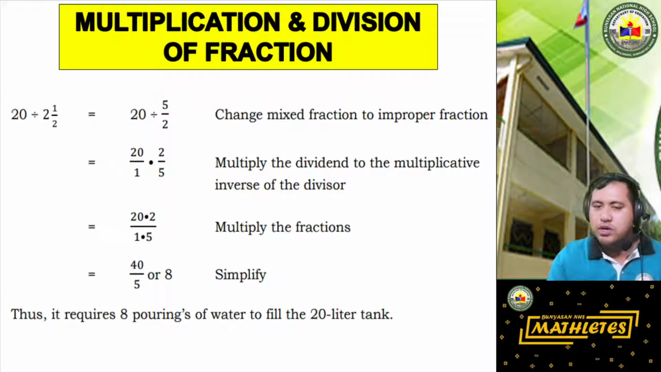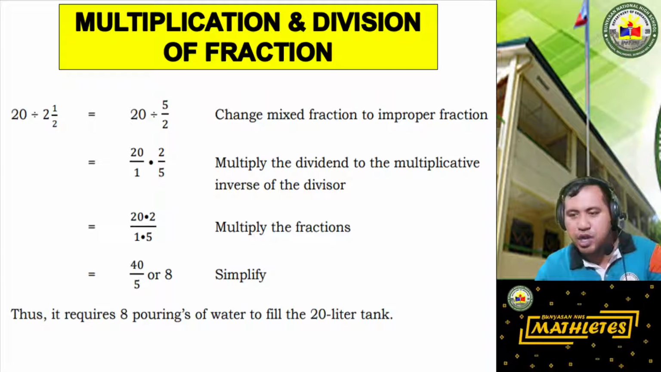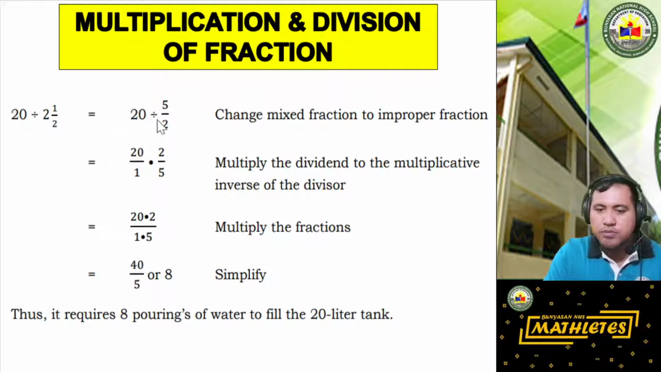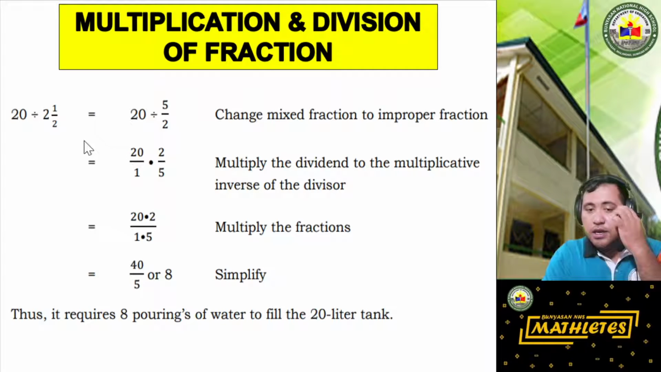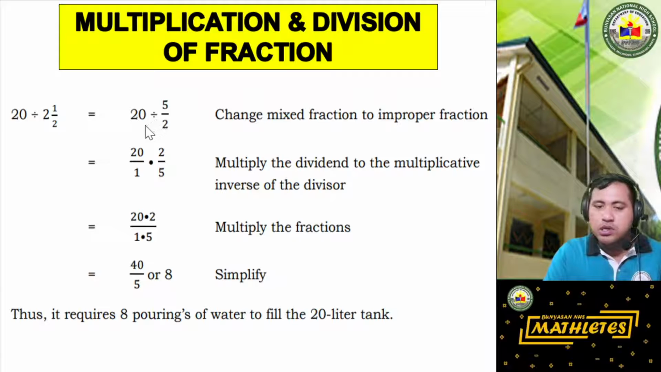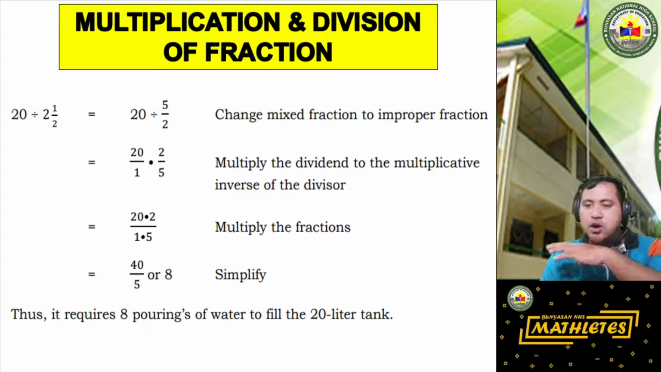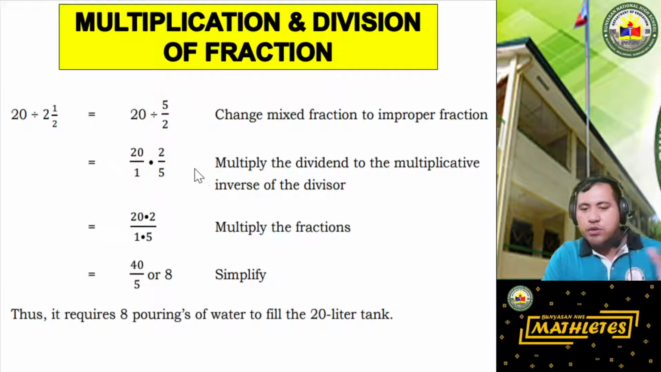Rule number 2 in division of fractions is if the given fraction is a mixed number, you have to change it to an improper fraction. So 2 and 1/2 changes to improper fraction, which is 5/2. 2 times 2 is 4 plus 1 is 5. So that makes 5/2. So ito na, 20 divided by 5/2. Yung 20, nilagyan natin ng denominator na 1 kasi understood naman na lahat ng whole number ay may denominator na 1, di ba? So, 20/1 times,